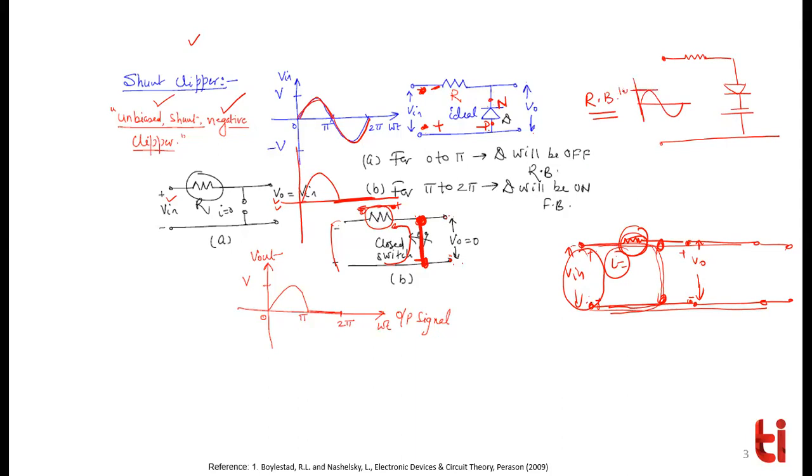Let's say this is 10 to minus 10, and let's say this is a 5-volt battery, and let's say this is a P-N diode. You can consider this as an ideal diode for the time being, and let's say here you are finding the output like this. Now who will tell me what will be the shape of the output wave?